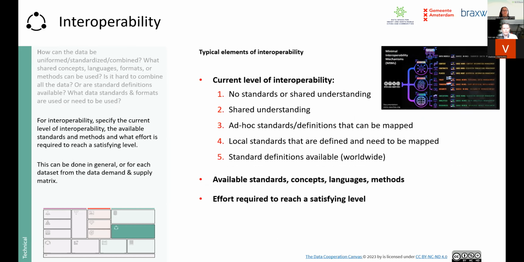And then, of course, the interoperability part, that's where the MIMs come in. I think there are a couple of technical people who probably know more about MIMs than I do. But it's important to think about what you will be doing on this. How will you get connected, also having contacts with other data cooperations from other sectors? Because when you can work cross-sectoral, this will add a lot of value, and interoperability is a very important part of this.